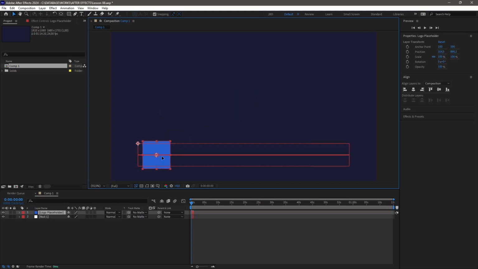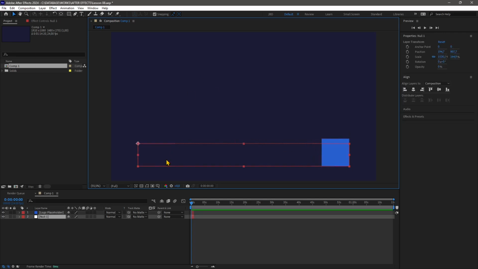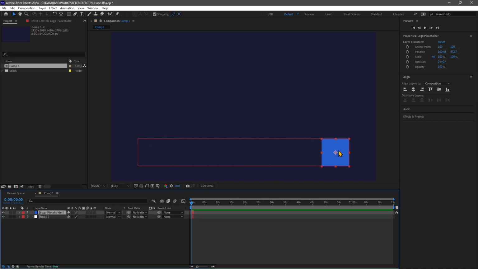You can see I can click there and align it. I can bring it right here or right here, depending on where I want to place it. We already talked about the snap. And maybe I want this to be aligned right there, like that. And then I want to click this and make it just a little bit bigger, like that. Okay, and you don't need to be precise with the null object. Now that's the logo placeholder, and that's a solid. Now, if you want to use this just